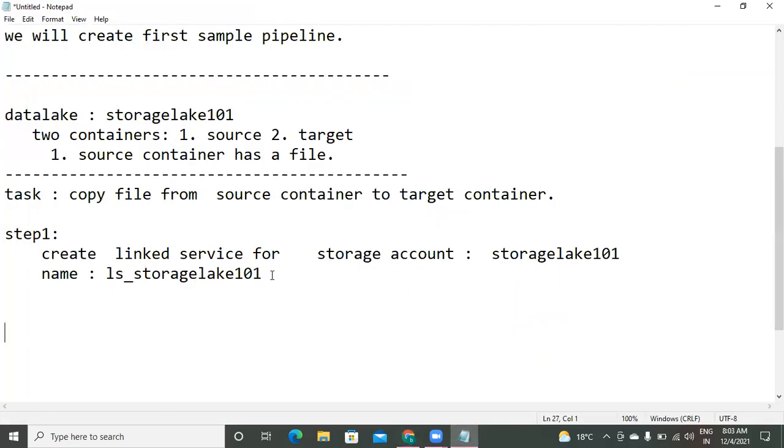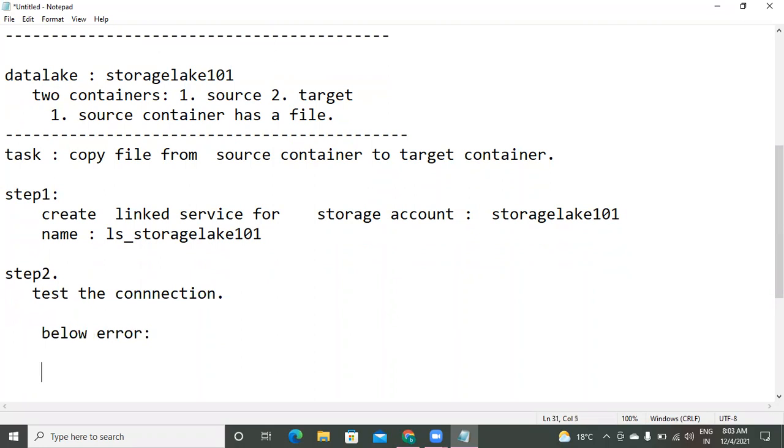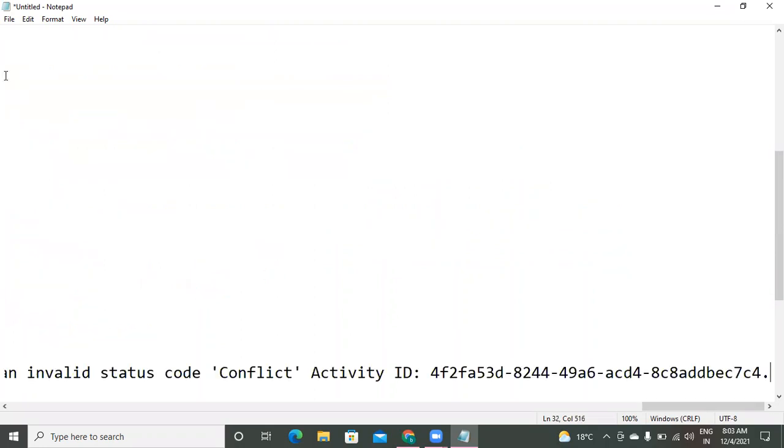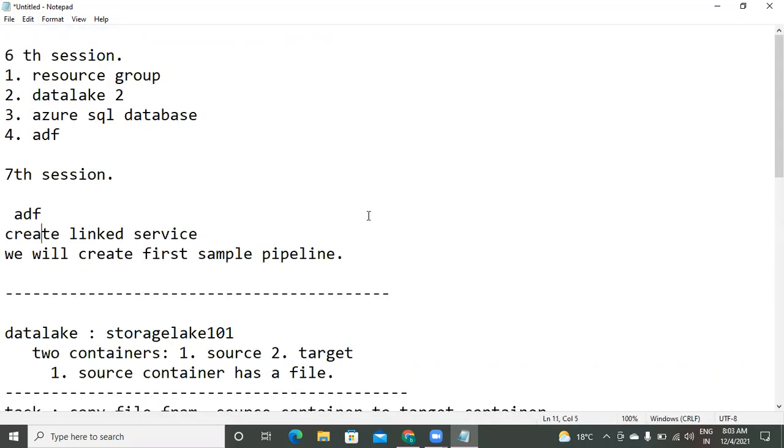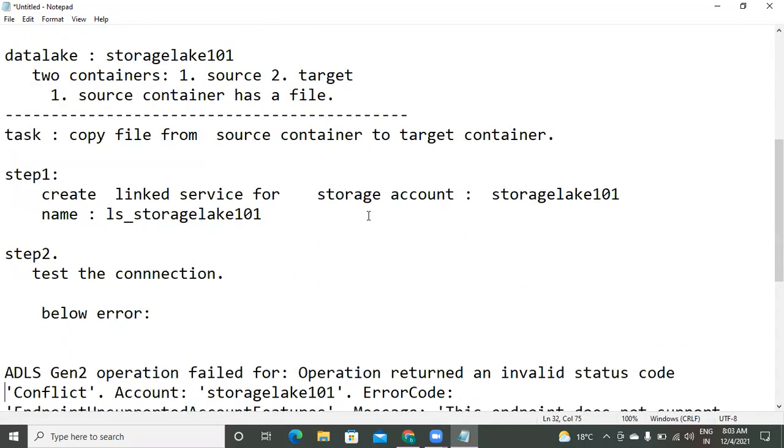The work we have done is, now step 2, test the connection. I got the below error. The error is here. Let me apply word wrap. Now please try to read that error. You will get some clue.